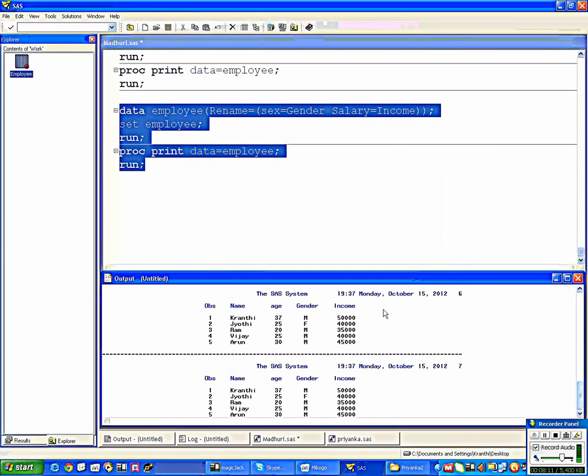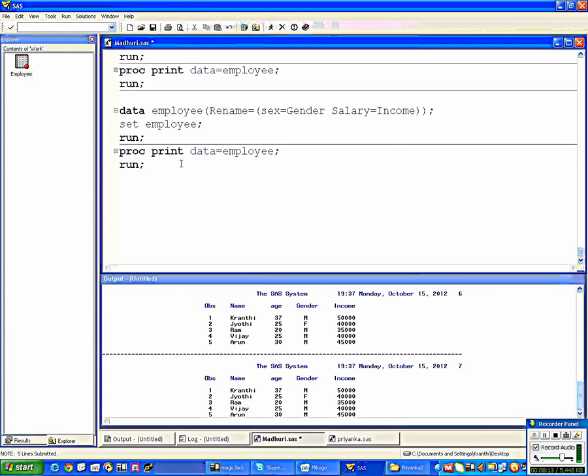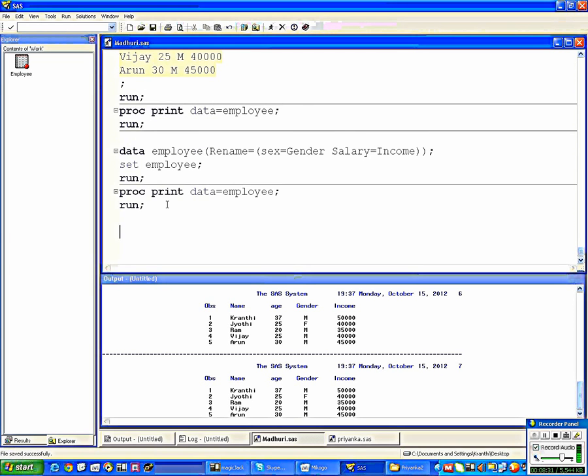See, copy. Now open the employee. Now see, it contains the gender and income, right? If somebody gives us the data set, then create a new data set with the same name and then copy into that new one and make the changes, whatever you want. So this is like making the changes.